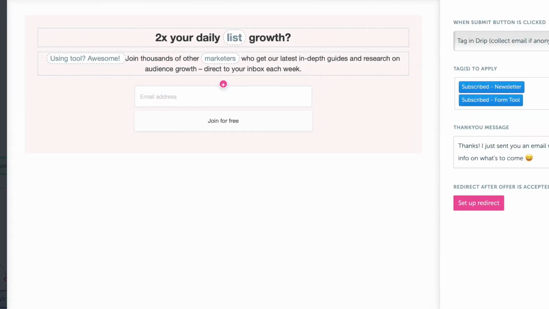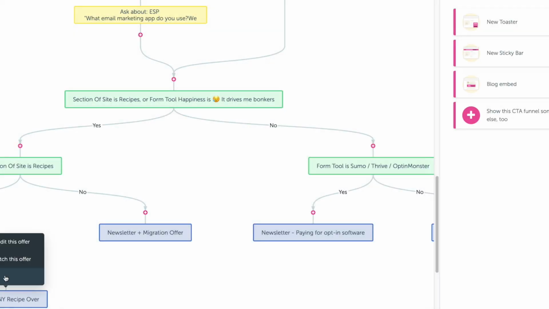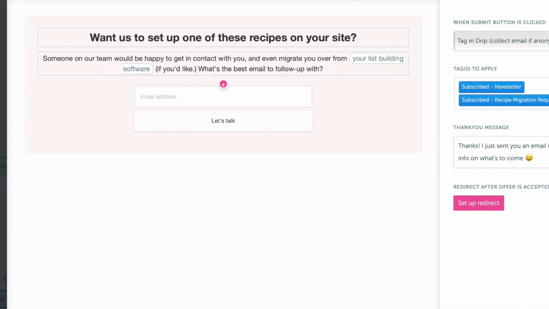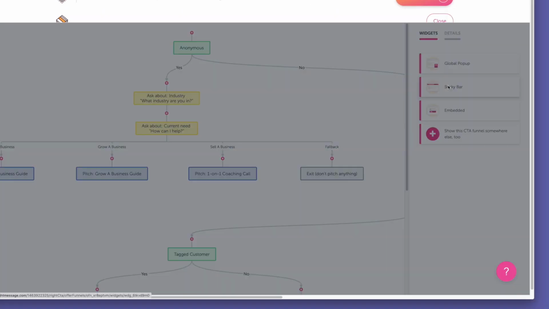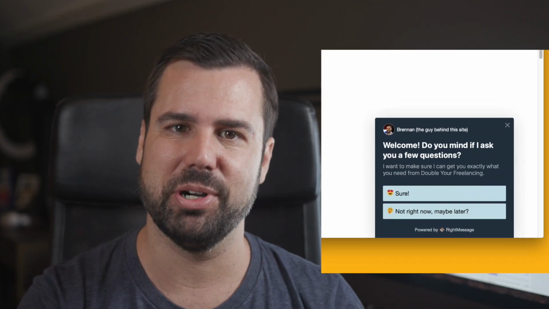But with RightMessage, you're able to map out what we call a customer journey. So we've kind of separated out what you're offering. So this would be the newsletter, or to check out the entry-level product, or a questionnaire asking, hey, why are you here and how can I help you? We've separated that away from the visual, which would be like the pop-up form, or the sticky bar, or the slide up. So we've divorced these two,